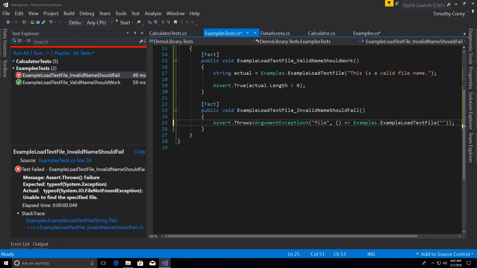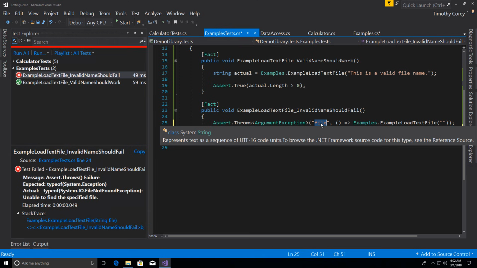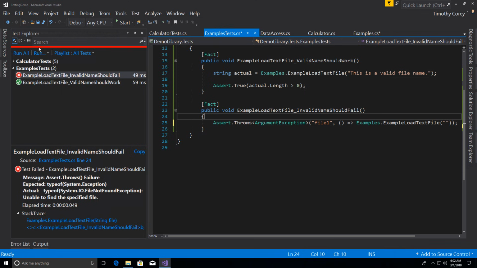We test it once, the first name is invalid. And then make sure that the ArgumentException throws it on the first name, not the last name, not the email address, the first name, and all the rest. So just to show this does work, if I said file1 instead, and I run these tests,